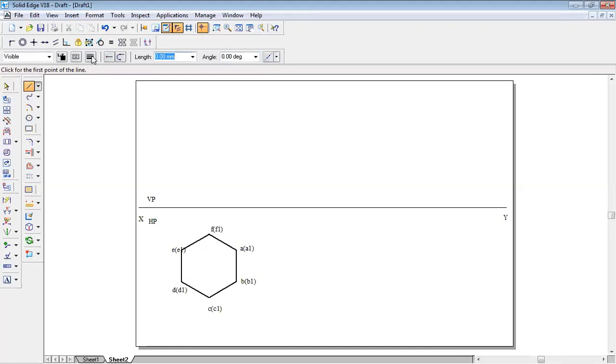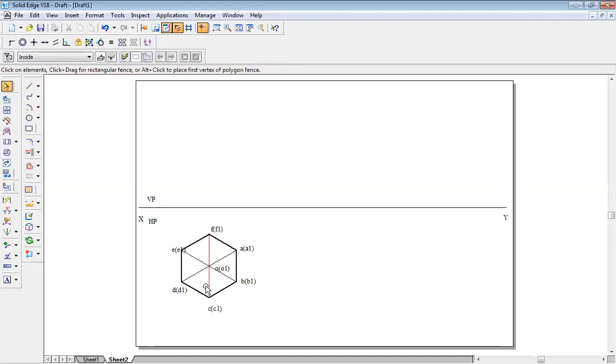For that you have to draw projection lines, 0.05 line thickness. Okay, so 0.05, enter, get the midpoint of these lines, here to here, then here to here, then here to here. Okay, this is O, O1. The lines you have drawn should be in projection line style, they should not be drawn dark.